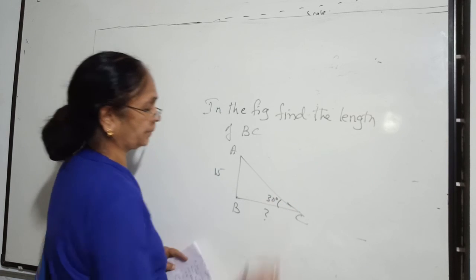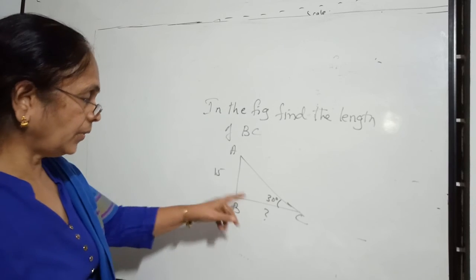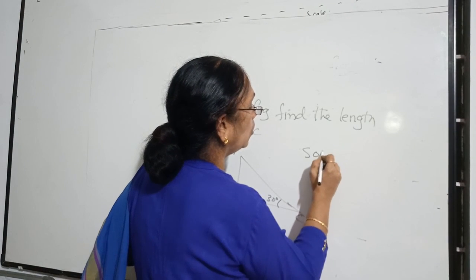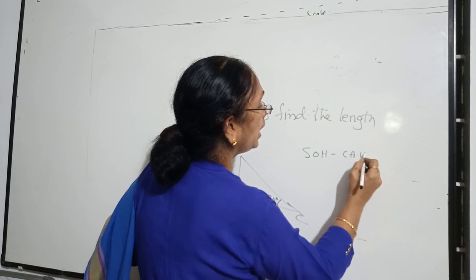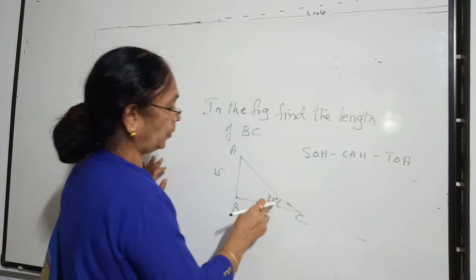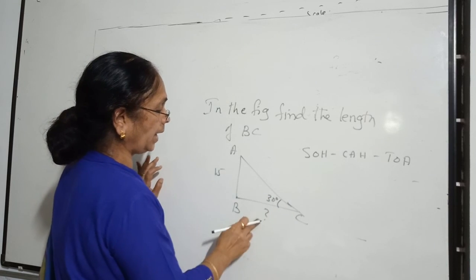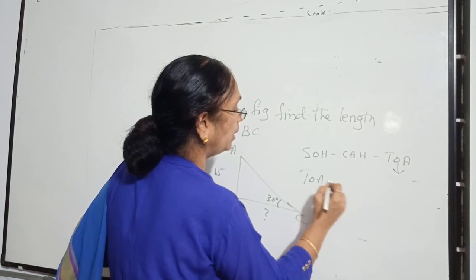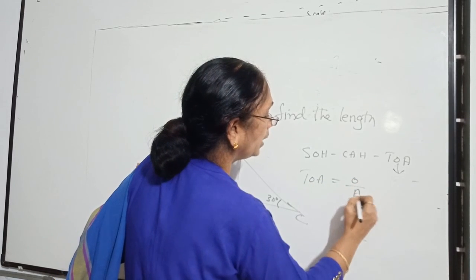Then they are asking this one. See, when the degree is given, you have three options in your hand: S is O by H, C is A by H, and T is O by A. So here O and A, opposite and adjacent, theta. Opposite by adjacent. So among these three, which is suiting? Tan. So T is equal to O by A. Now this